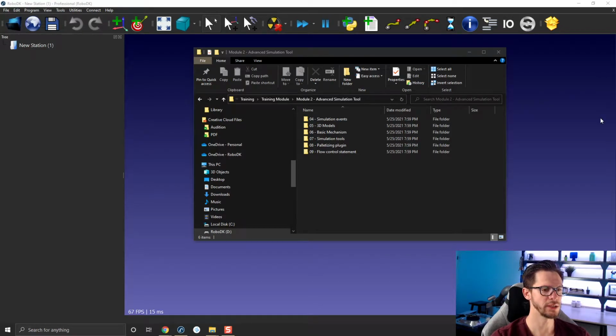Okay, so for the next module or section, in fact, we'll attack 3D model importation. This subject can seem a bit basic, like importing a 3D model in RoboDK is supposed to be as simple as drag and dropping the file to the 3D environment. Yes, that's true, but there's a lot of other things, let's say, behind the scene that will affect your work,